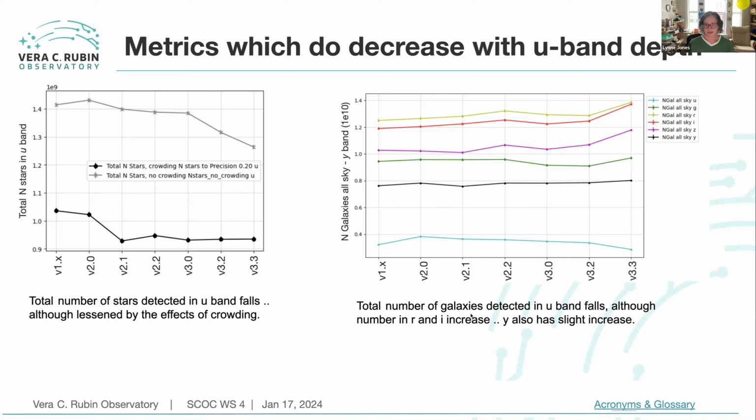The total number of galaxies detected in U-band also falls. That's this blue line here on the plot. But the number in R and I band, and G, R and I band, increase, and in Z band and Y band also had a slight increase. So